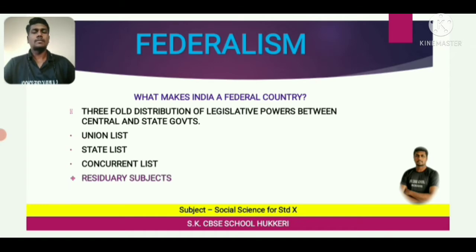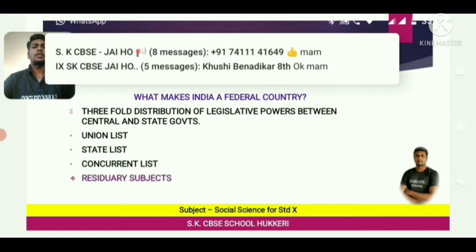In the last class, we have learnt about the key features of federalism, as well as the two routes through which federations have been formed. Those are coming together federations and holding together federations, we have learned. So today we will learn another concept,